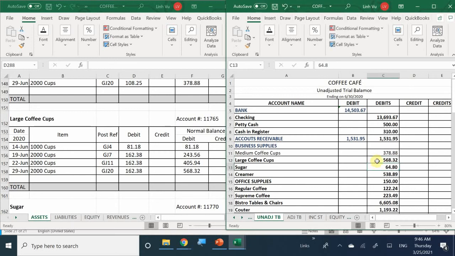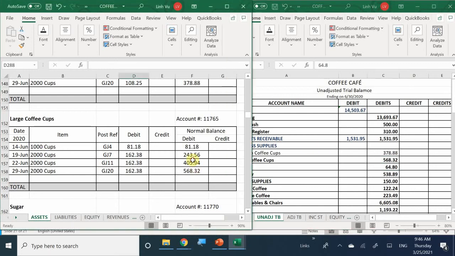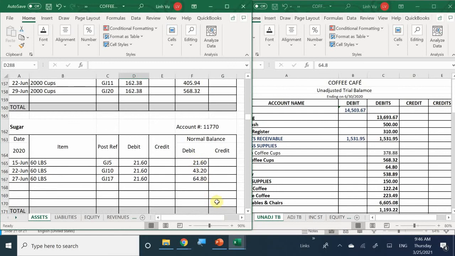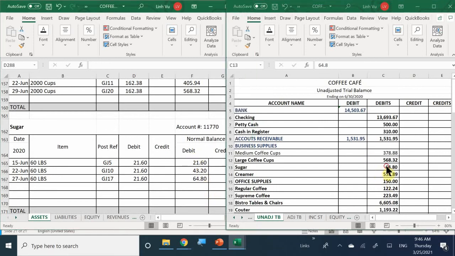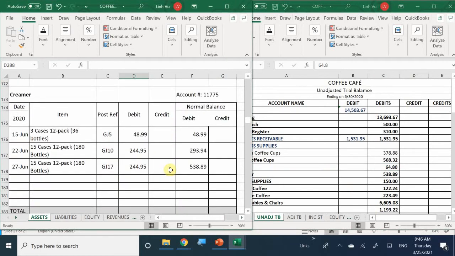Okay. What about my sugar account? 6480, no change there. And then what about my creamer? Yeah, no change either. So what I'm going to do is, now that I have all of those, right,